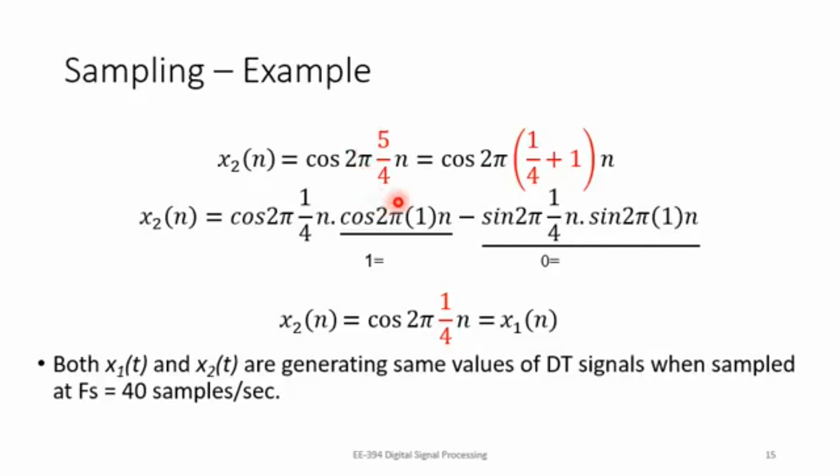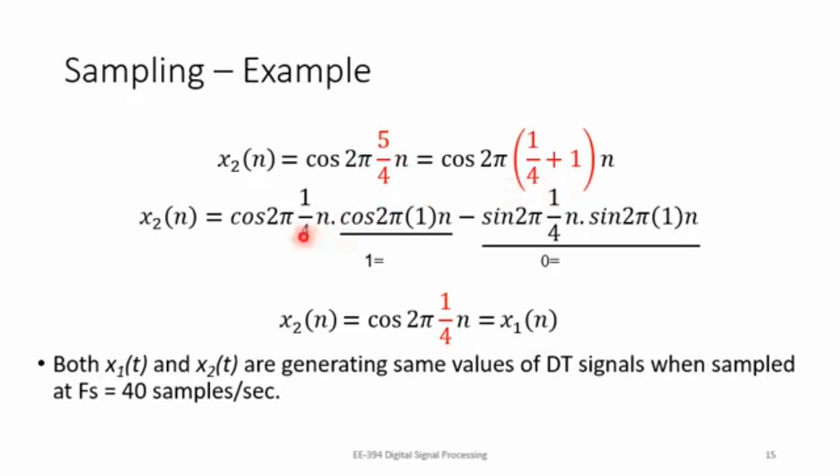into a combination of a fraction and an integer, and we make sure that the fraction is a number which lies between minus half and half, and then whatever integer suits, it can be 1, it can be 2, it can be a negative integer, but a combination of a fraction between minus half and half and an integer, so that when you add them up, it gives you back the original frequency. So 5 by 4 can be split easily into 1 by 4 plus 1,